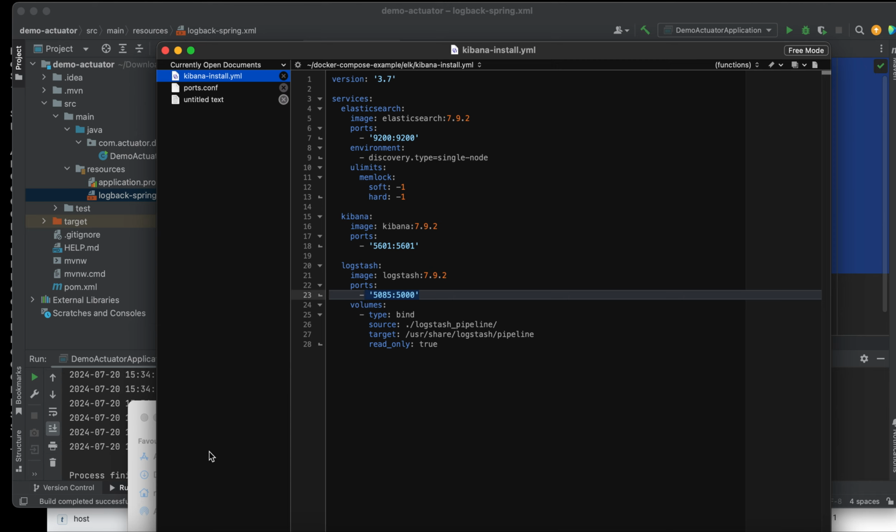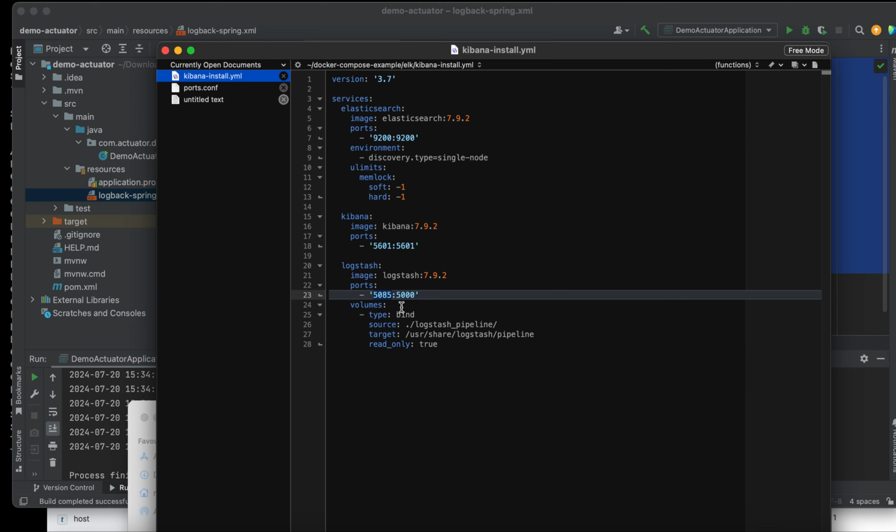Okay, but in other tutorials you might see they are using 5,000 for both, right? So actually yeah, you can change this because it's already used in my case, that's why I have to change this. But internally this Logstash is using 5,000. This part you cannot change because the Logstash application is using 5,000. But then again, if you expose this application, you can change this part.